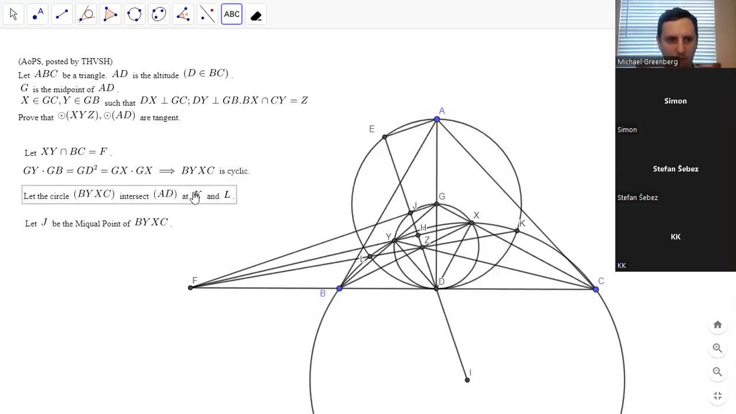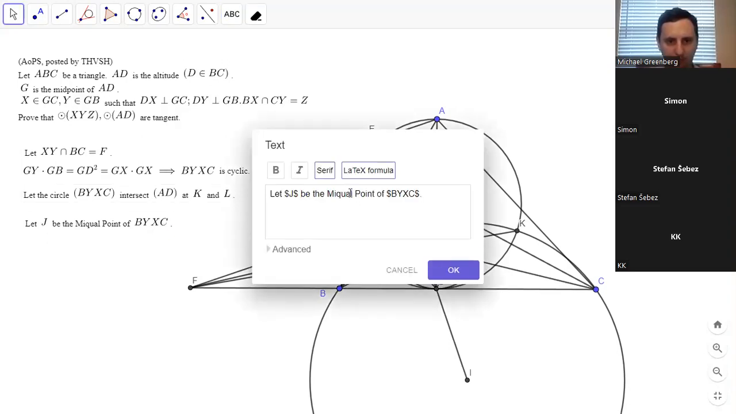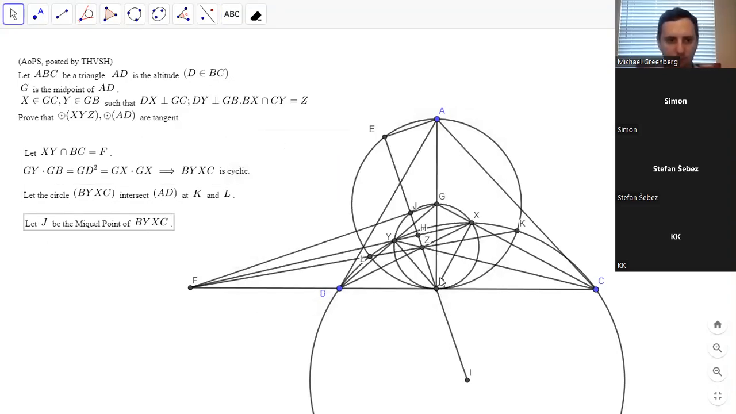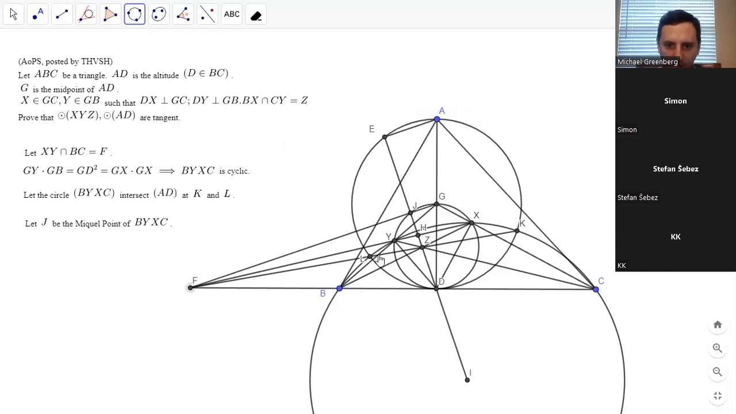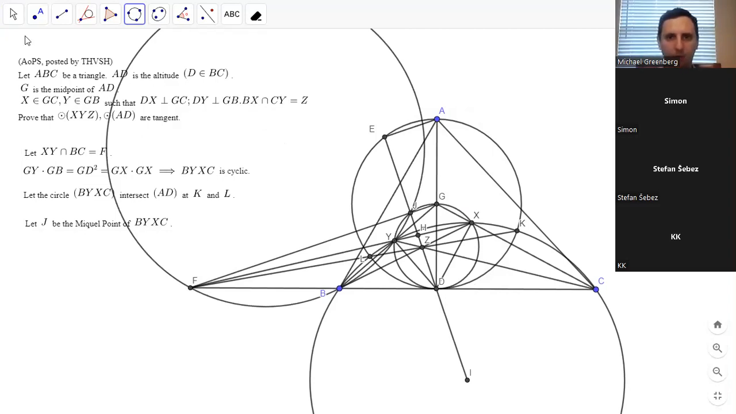Okay. This should be Miquel. Okay, so then the Miquel point, basically that means FBYJ is cyclic. It's the intersection of all those circles, right? Oops, sorry. Not going to draw that circle, but